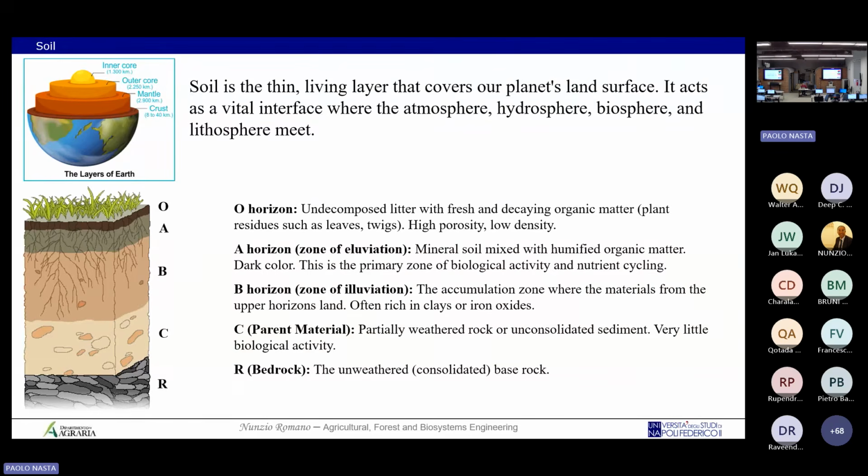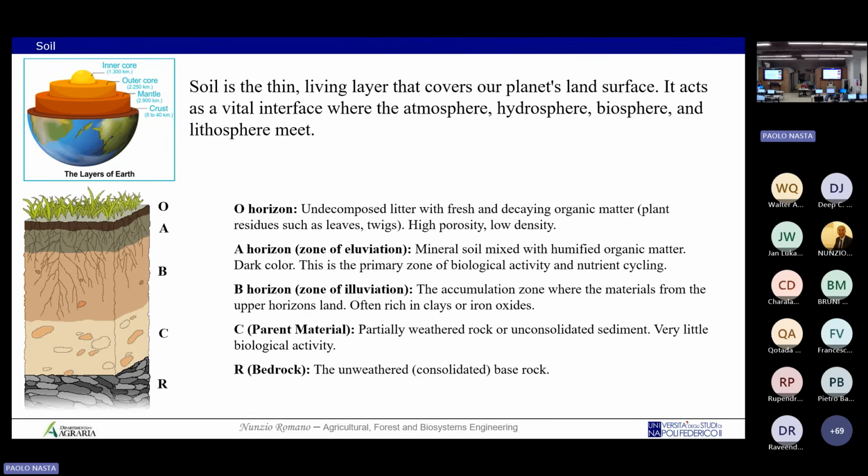It's where rock meets life. It's also important because the hydrological cycle happens especially in this very thin layer. From a pedological point of view, we can split the soil profile into layers or horizons,